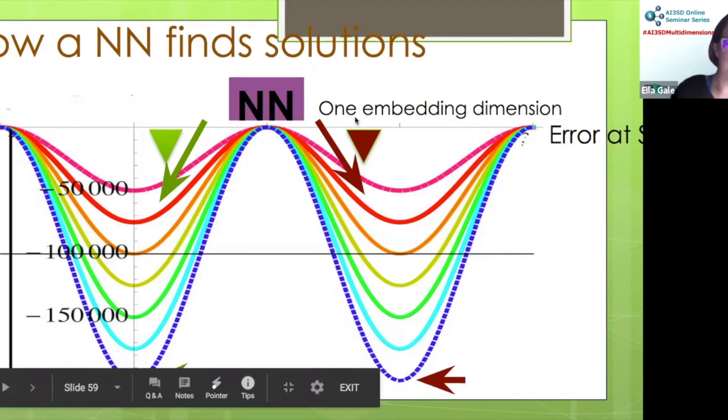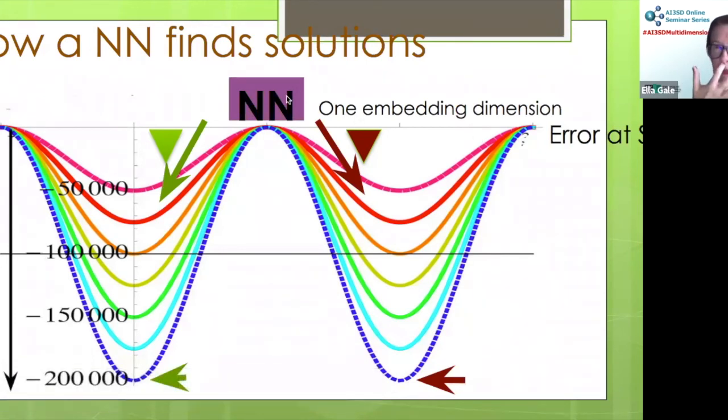So we have a neural network, and let's say we've got a reaction and we've tried some catalysts on it. And the green ones are catalysts that have been really good, and the brown ones are catalysts that have been really bad. And what we want to do is we want the machine to predict some new catalysts that would hopefully be very good. So we train the neural network with our data, and we want to separate the good from the bad in some way, probably along our embedding dimension.